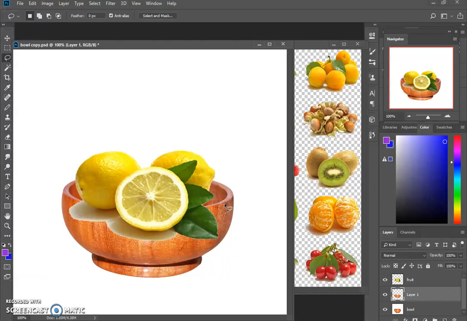I can't see it in my photo, but when I look at the layer window, now I have 3 layers. Before I just had bowl and I had fruit. Now I have layer 1. I'm going to retitle that front of bowl. Okay, in Photoshop, whatever layer is at the top of a stack is what you see in the